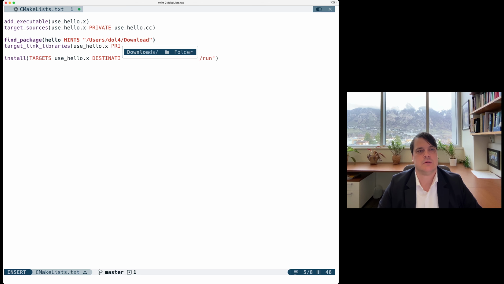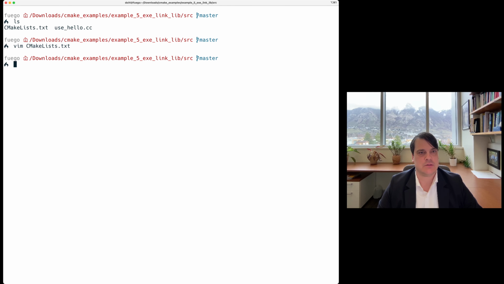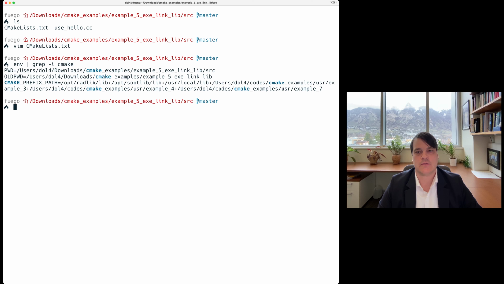So in this case, users downloads, and actually anyway, the path to the location would go right there. So I won't do all of that. But in our case, let's go ahead and get rid of the locations that are in the CMake, and we have those CMake examples. We'll just delete that folder, and then because we're working in downloads right now, we'll just export